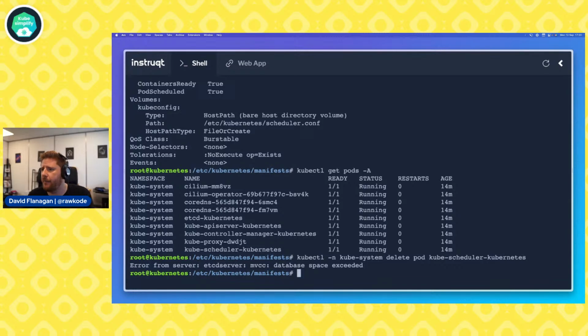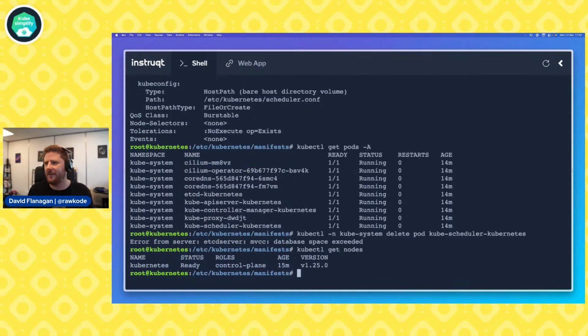Okay, the concept's the same, but of course services are not running. Wouldn't the cluster be not ready?